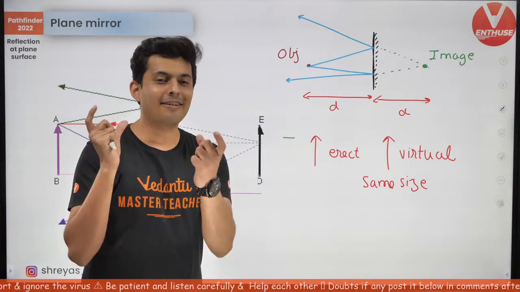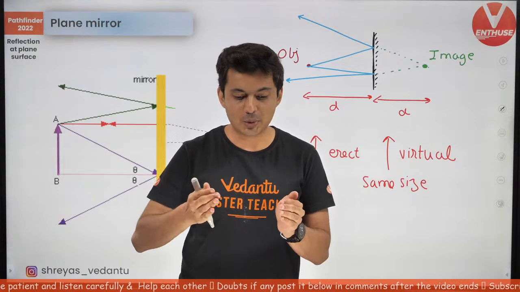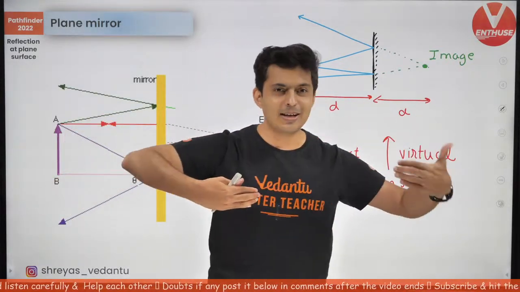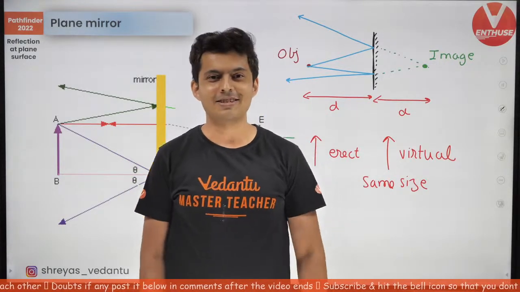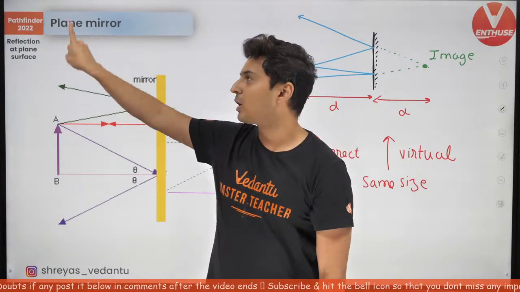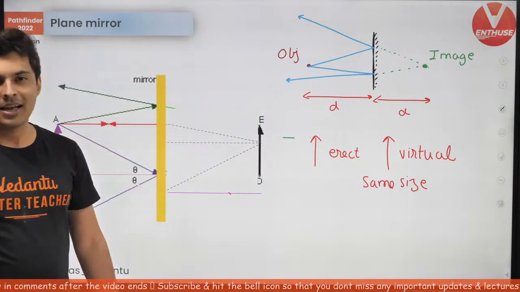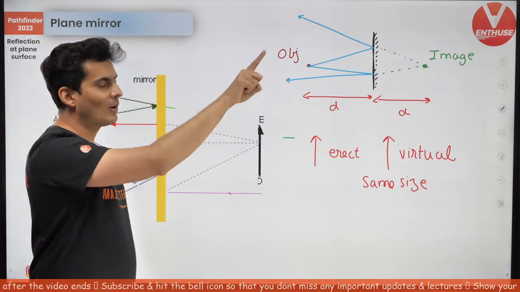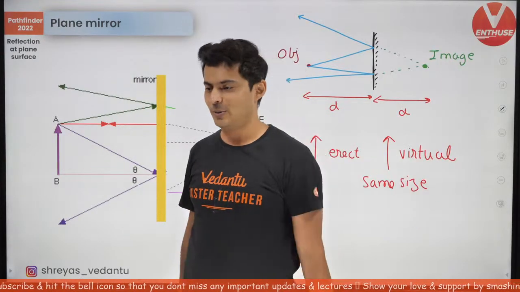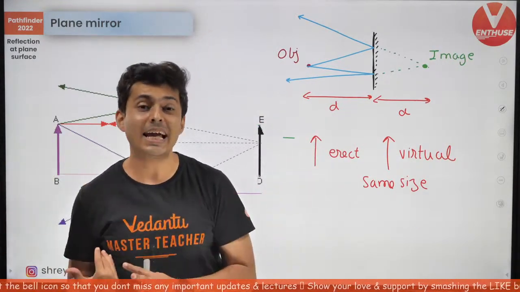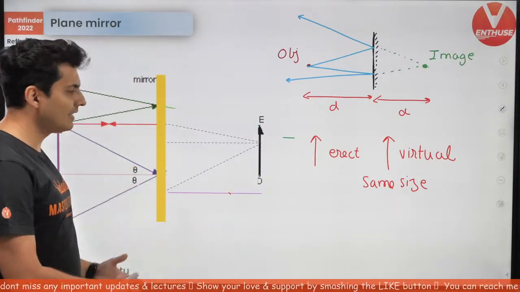If you buy a right shoe, you have two shoes, right? A pair of shoes. Left shoe, right shoe. If you place a right shoe in front of the mirror, the image behind the mirror becomes a left shoe. Very interesting. If you look at the clock, if the clock turns clockwise, in the mirror it will turn anti-clockwise. Everything is inverted. It's like a new world, completely opposite, completely twisted.